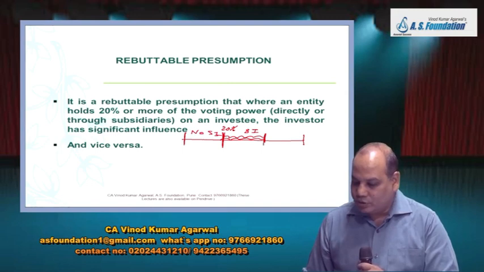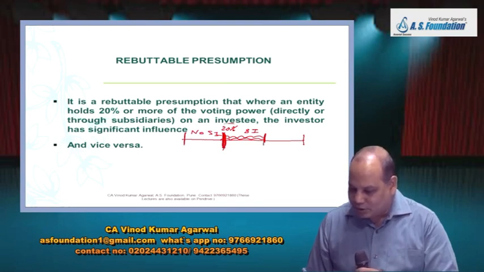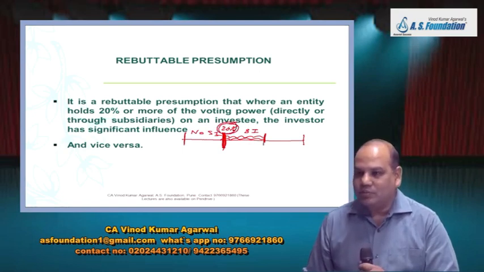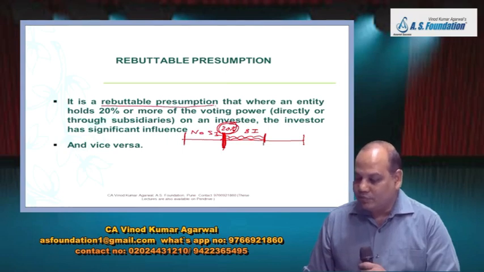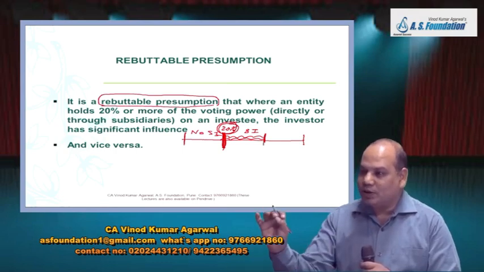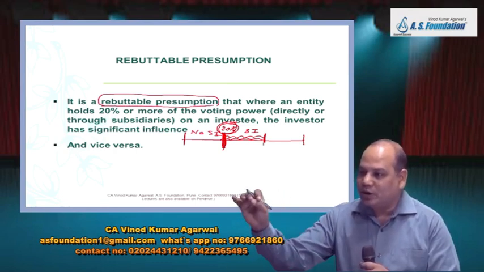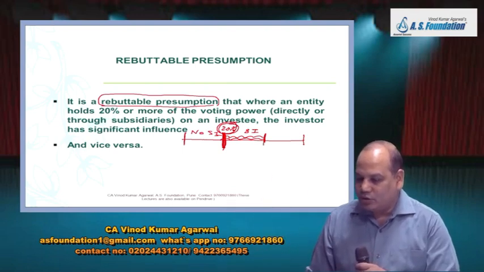This gives you a rough benchmark. If you see around a 20% stake in a company, meaning your client is holding 20% share of another company, pause and check for significant influence. But with more than 20% also, if you can prove it is a rebuttable presumption, that means the assumption can be challenged, that you do not participate in financial and operating policies, then you are not required to apply this